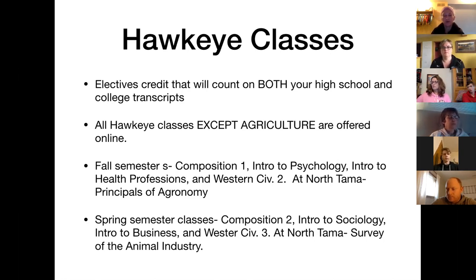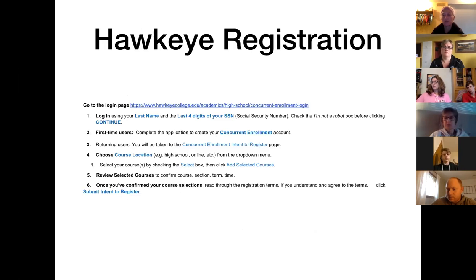So moving on, then Hawkeye registration. I sent you all more detailed information about how you can register for Hawkeye courses. When you register for Comp 1 and 2, you'll need to have an AccuPlacer score. And that score needs to be at a certain point. And I know that you guys probably remember when you were sophomores taking that, so it was a long time ago. It's pretty easy to retake that AccuPlacer if you're interested in Composition 1 or 2. And you can just talk to me about how you can do that.